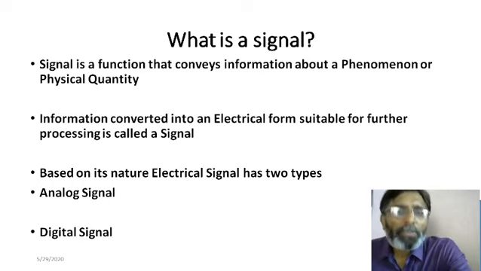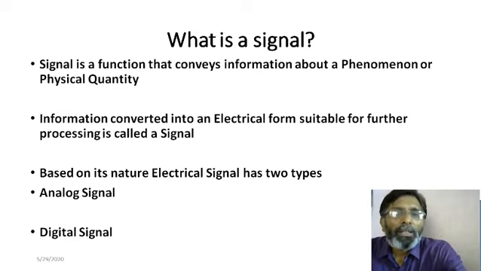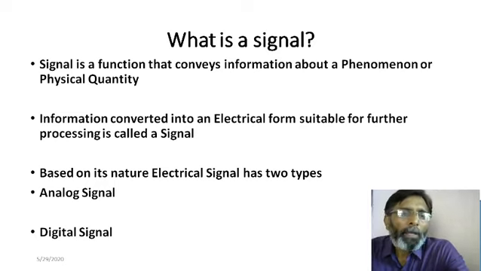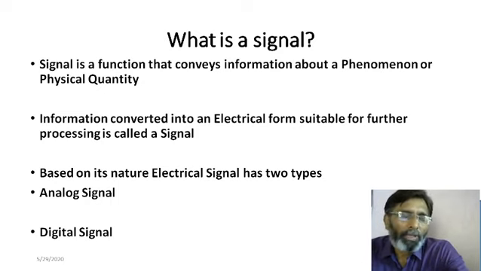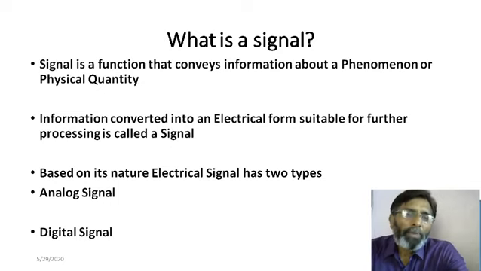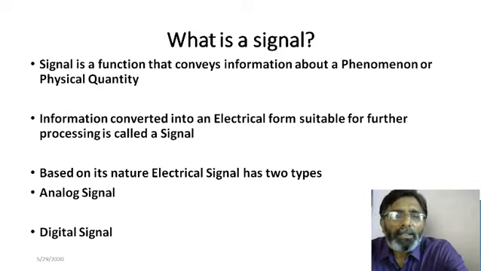Let us start with the actual contents of this particular topic. So, what is signal? I am sure as far as the signal is concerned, we all are using this signal in our day to day life. Signal means some function, some action which we are executing. For example, if I do like this, then you understand that I am saying to somebody that can we have lunch. So, my action, this functionality is conveying some information. So, this is known as signal.